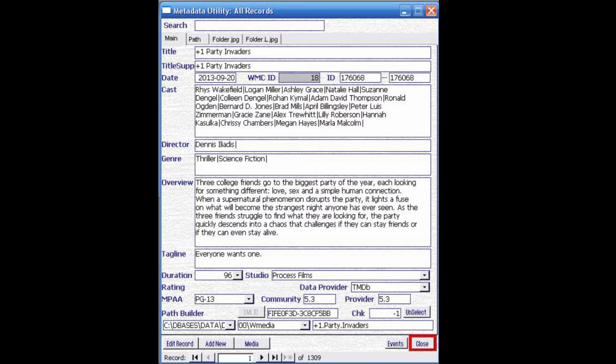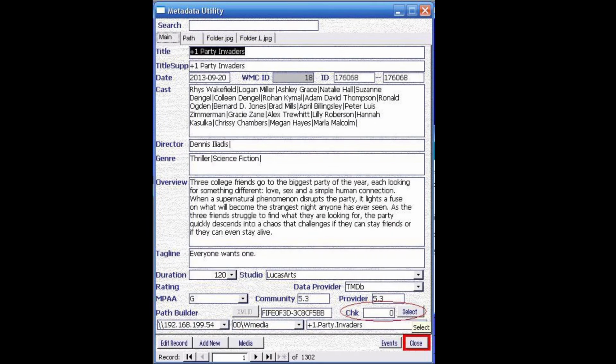Once on the main application, basically what we want to achieve is to have on the CHK field a value of -1, which will place the records in the selected records queue. To achieve that, we have the option to either click on the select button, which will automatically change the value